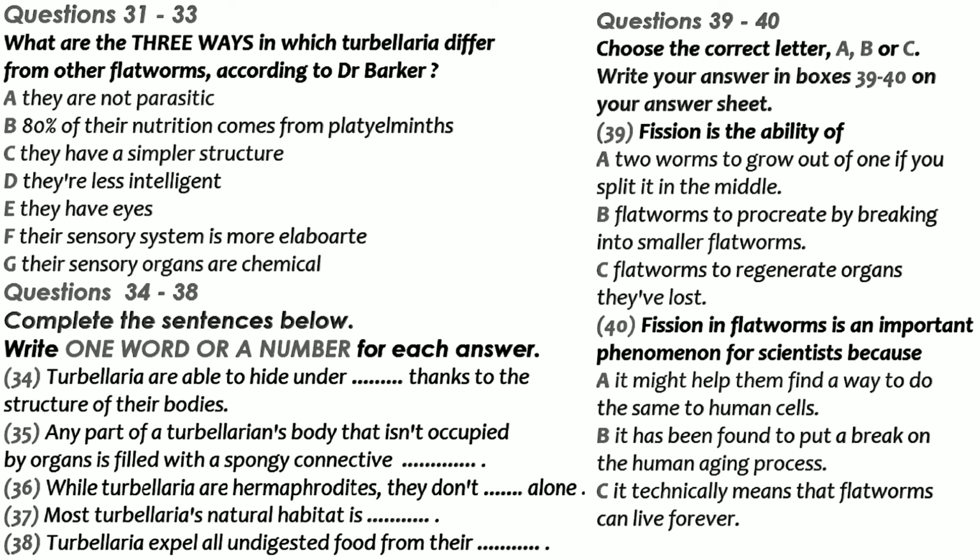I mentioned before that most flatworms need a host, but Turbellaria feed from the environment. So what do they feed on? Most Turbellaria can be found either in fresh or salt water, and they feed on small insects, microscopic matter, and crustaceans. They will pretty much eat anything they find. They have no preference on whether their food is living or dead. Also, and this is the most remarkable part about their eating habits,